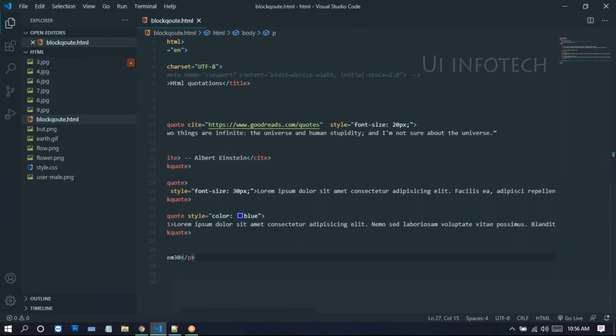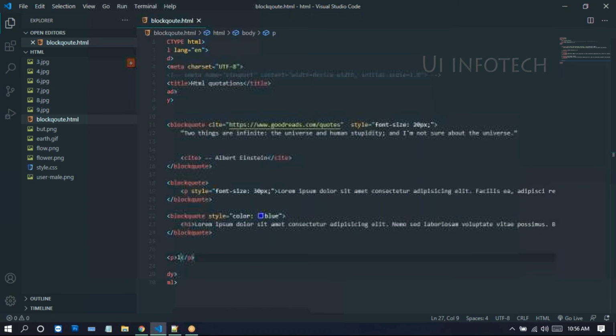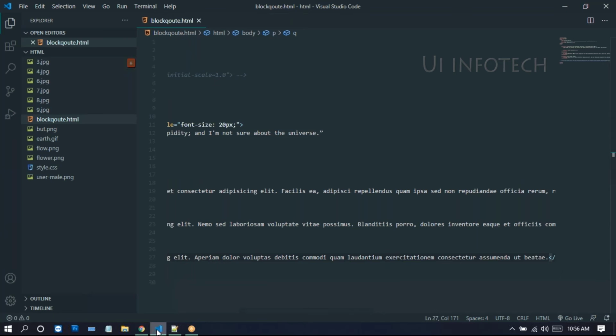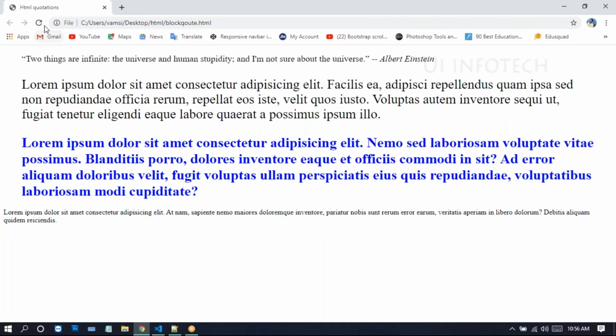here I'm just undoing this one. You can press Control Z. So here I'm taking the quotation marks. Inside of the quotation marks, I'm taking this lorem 20. Now we can run this one. If you run this on the browser, there you get the quotation mark here. Look at this one, there you get the quotation mark.